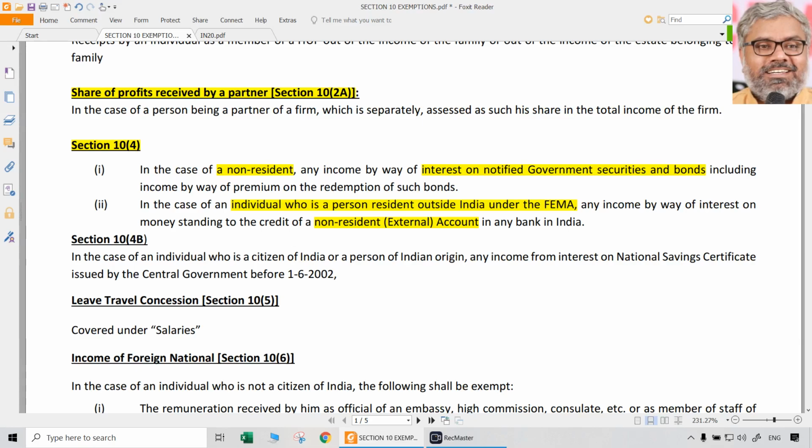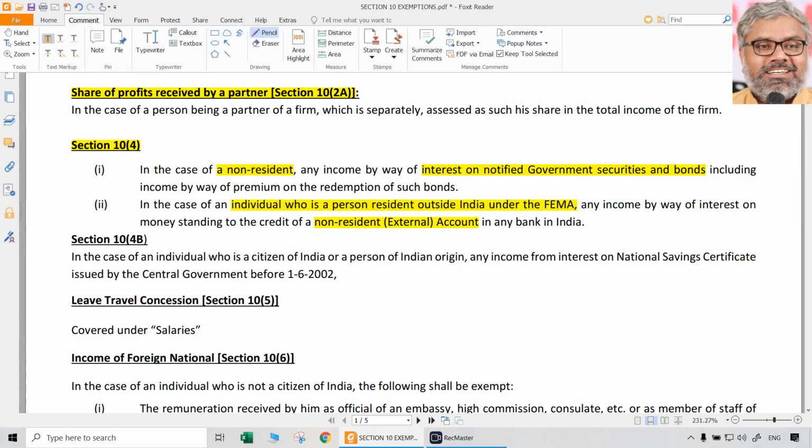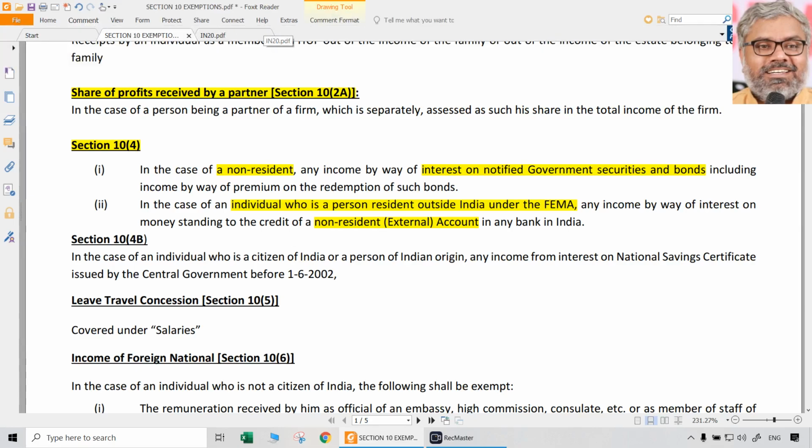Though it is not given here, because the topic of NRE account has come, we should generally understand the kinds of accounts that non-residents can open in India. We are naturally talking about NRIs who are opening bank accounts in India. There are broadly two types of accounts. There are so many deposit schemes, those are different. But as far as normal operable bank accounts are concerned, which come with normal banking facilities of online transfer, ATM cards, etc., the account we are referring to here under section 10(4) is the NRE account, that is, non-resident external